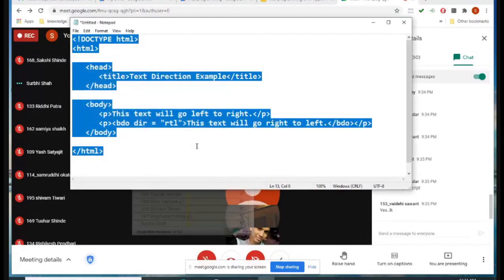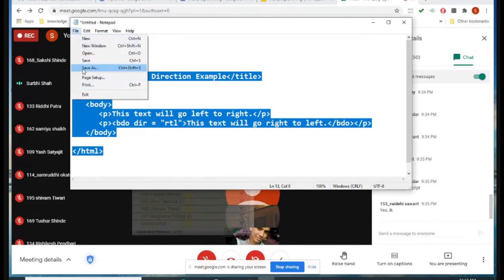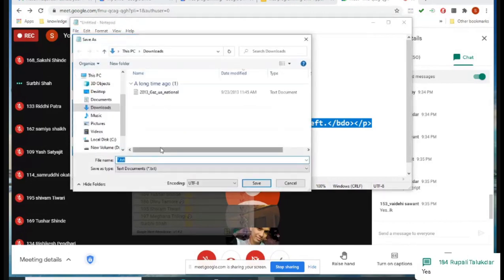Is it visible to you all? The writing and the code. Now we are going to File, Save As. I'm giving the example name as text override example. Is it okay till now?